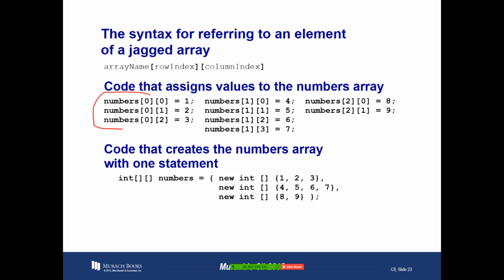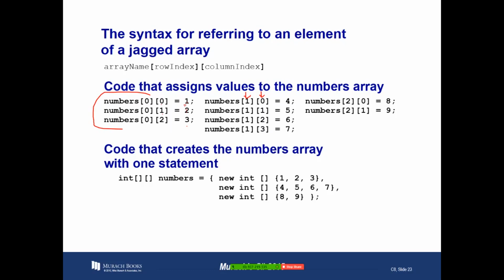It's kind of an odd way. And these are columns, so it's actually row. Anyway, the first row, which is an array, has 3 elements, and we're assigning it 1, 2, and 3. And the second row is also an array that's got 4 elements, and the third row is actually an array. It's got 2 elements. And so if we assign these values like this,